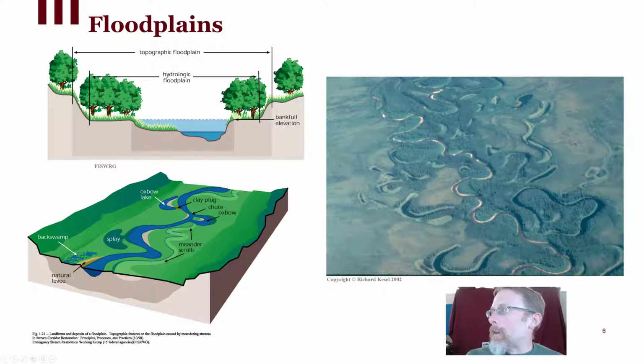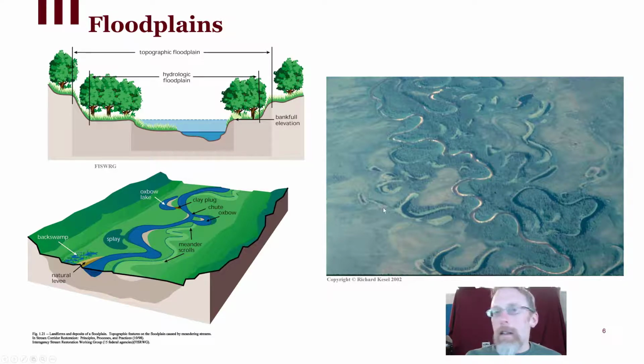You can see the active channel here, but then you can see a lot of cut-off meander bends. So this is a stream in Alaska. It's up there in the wild areas. There's no human control of this stream, no human interference. It's just sort of chugging along, doing its thing, and it's very dynamic. You can see that that channel is very sinuous, a lot of meandering. We've got the old cut-off meanders where the stream channel used to be that are now oxbow lakes here and